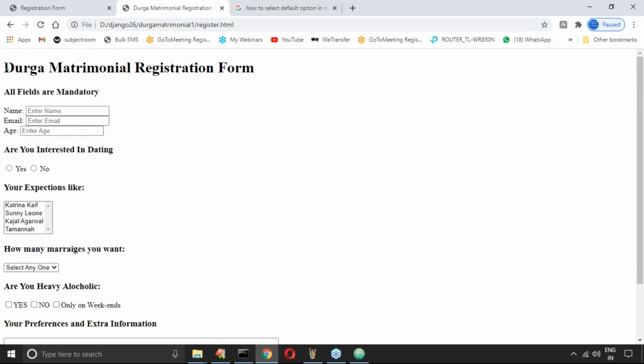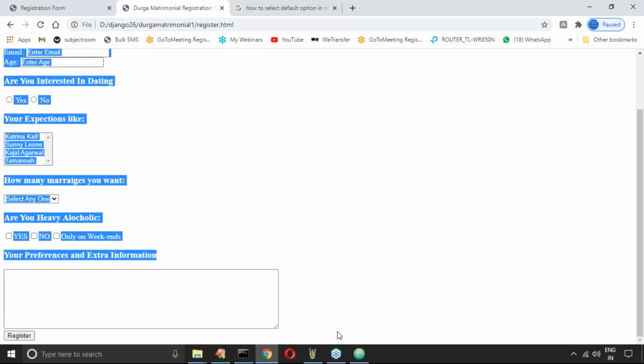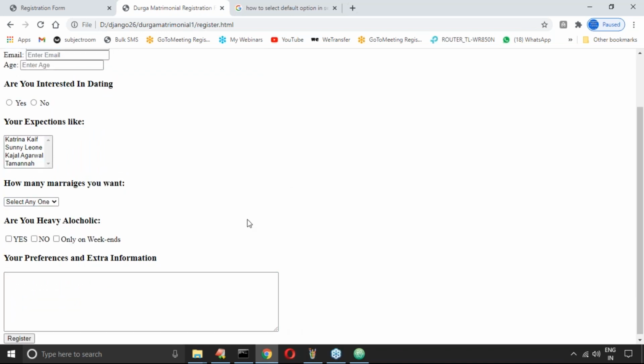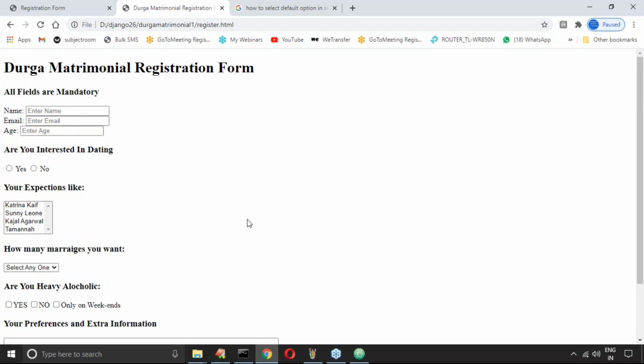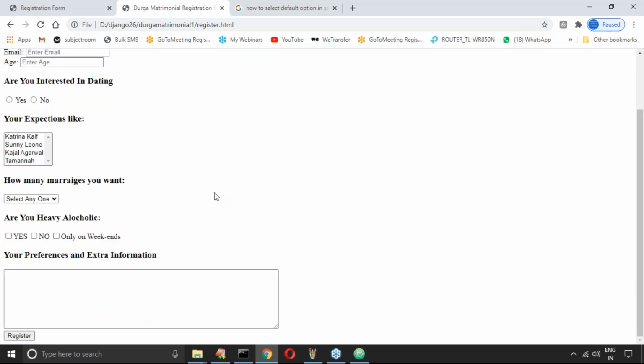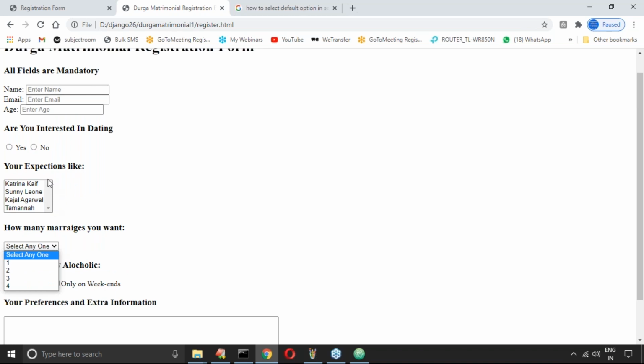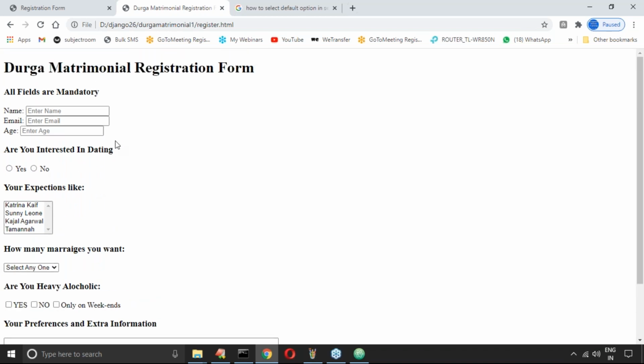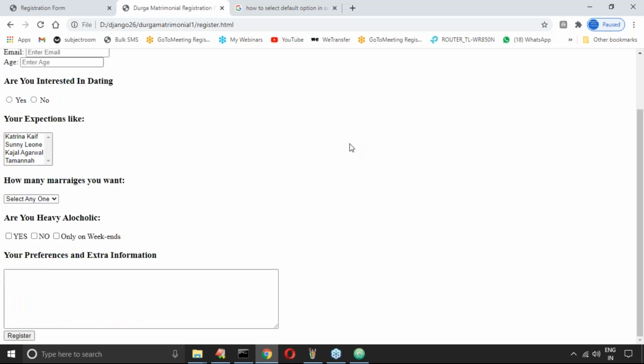Are you feeling comfortable about this? Yes, friends. So almost our total HTML got revised: how you can define text area, checkboxes, drop down menus, radio buttons, and how to implement required. All these things, right? Next, on submit.